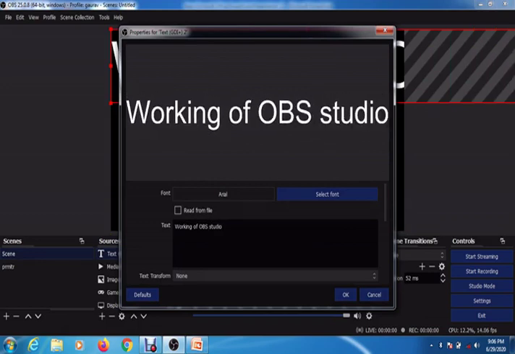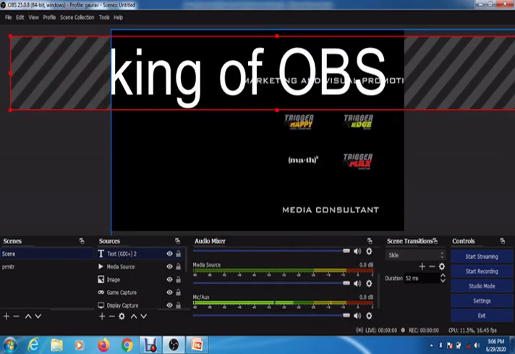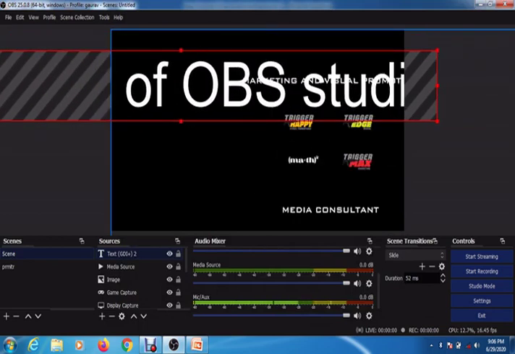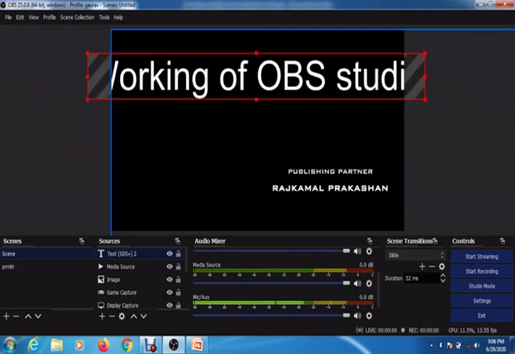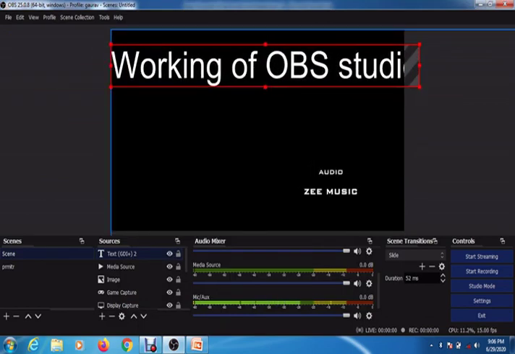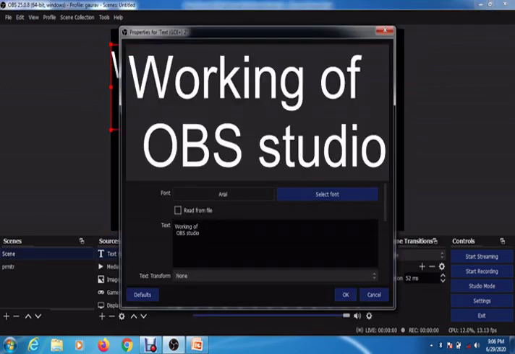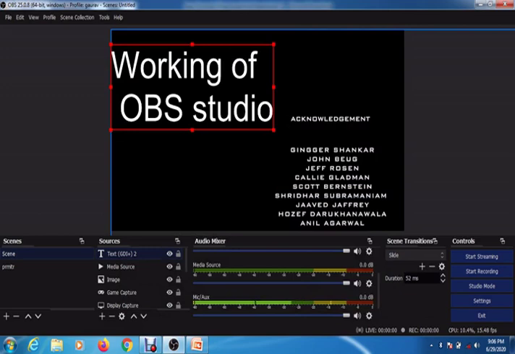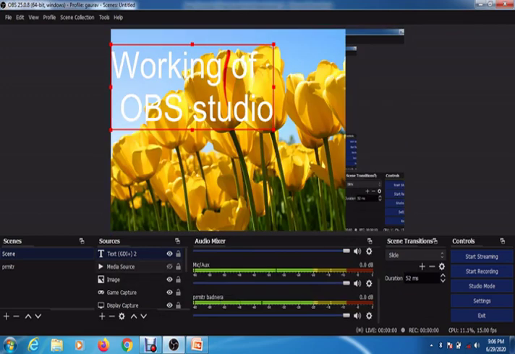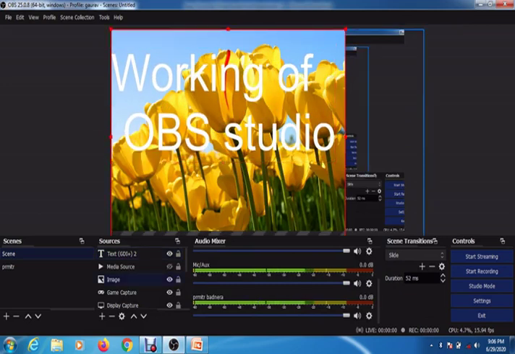So the text box is also visible in this now. You can use this frame to resize the text over here, and you can place it on the video itself or any of the frames that are visible in this. So yes, I have used this as my particular text box in this window. So this is the use of a text box itself, and it is visible on your screen now.